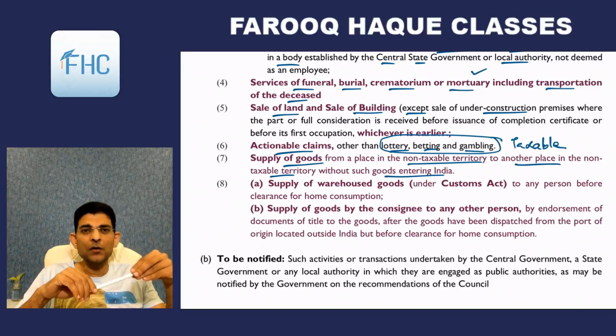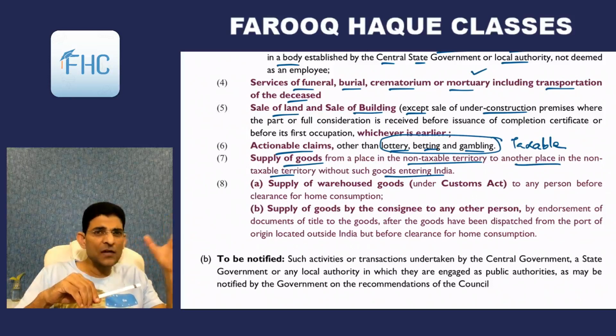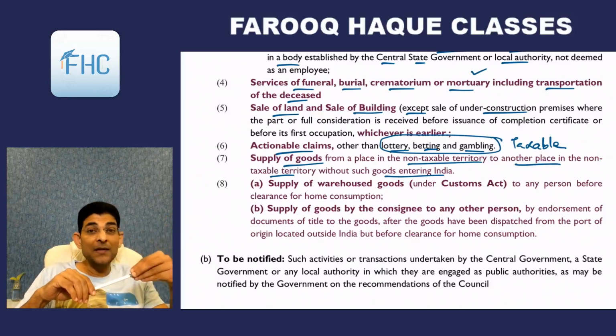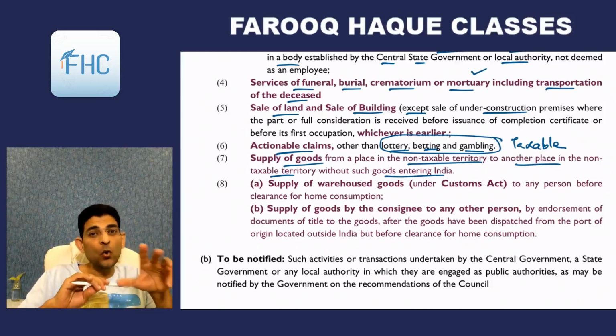I've got a shop in New York, a jewelry shop, Modi shop, Nirav Modi. So we are named as Nirav Modi, and we are supplying the goods in US. So I have a shop in US and I am supplying goods there. Will that be liable to GST in India? No. Are the goods coming into India? No. So then it is not liable.